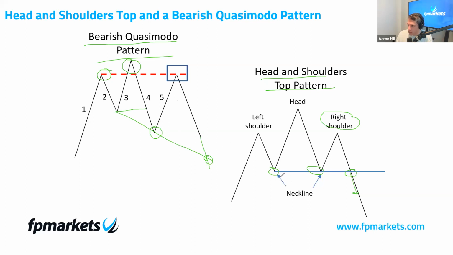Whereas on the head and shoulders, we either want them to be horizontal or ascending to get us in as early as possible. And look, just to clear this up, by the time we form the right shoulder, this is our entry for the bearish QM. But at that point, you would have to be rather aggressive to enter on the right shoulder for the head and shoulders. This is our confirmed entry for the QM. So we're in the market a lot quicker with the bearish QM.